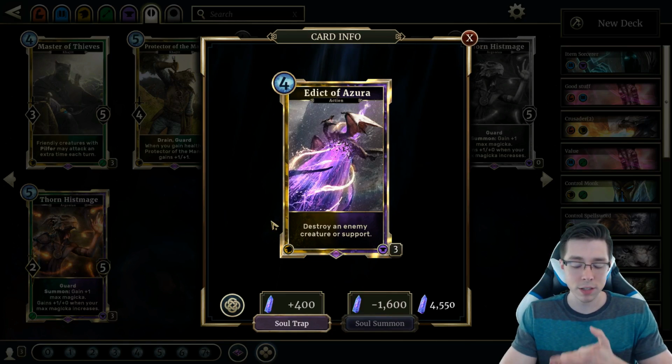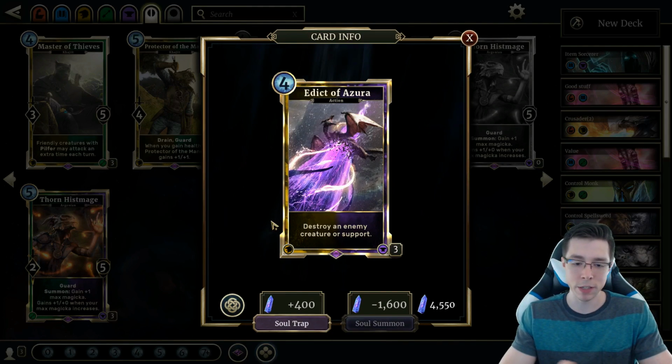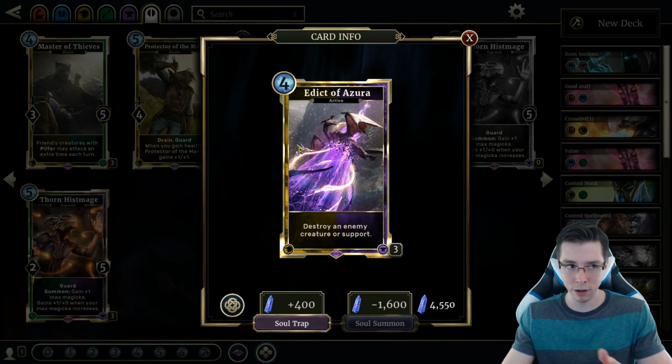And Edict of Azura, the versatility of this card, it's not adding anything to the board. But this is one of the best actions in the game, just period. I don't really know what to say about this card. It's very simple. If you're playing Spellsword, you really want to play Edict of Azura, more than likely. I can't really think of a reason you wouldn't want to play it unless you're playing a very aggro Spellsword